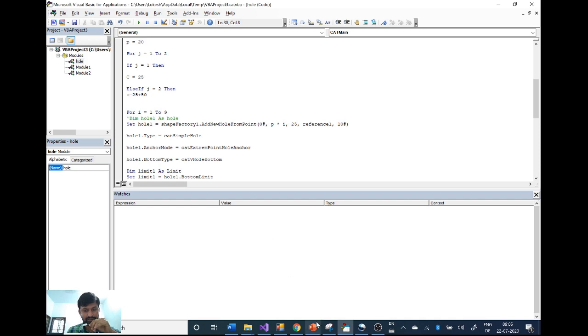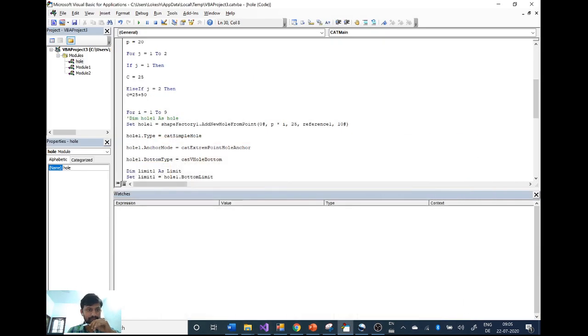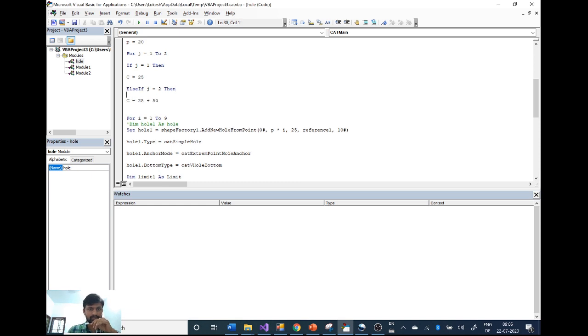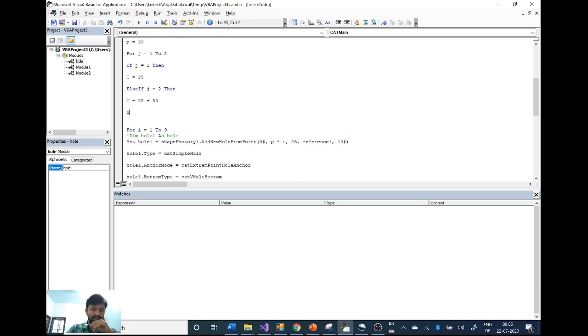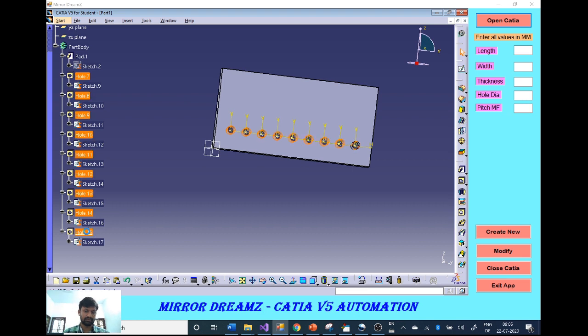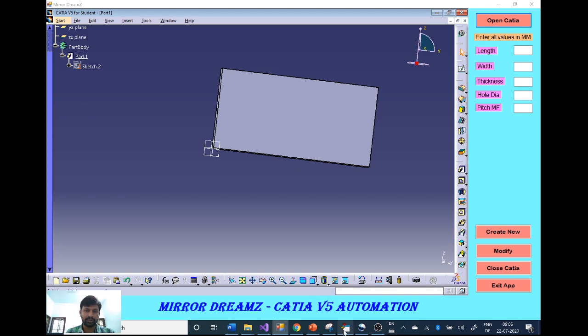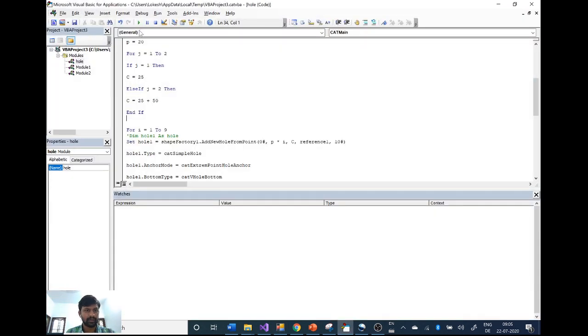We can see it here, 25 plus 50, and I'm ending it with end if. So I'm going to change this 25 to c. I'm deleting all the holes and I'm going to run the macro again. It's done.